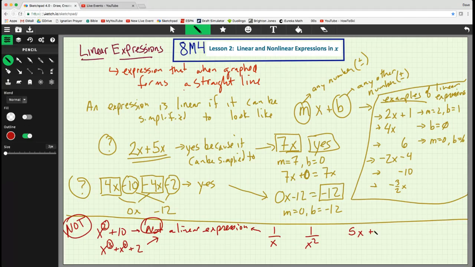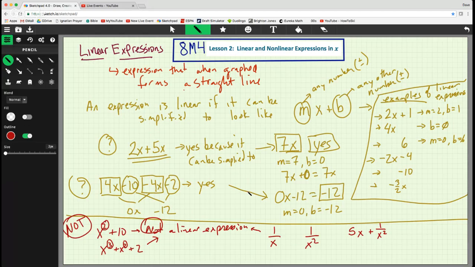5x plus 1 over x squared. This is also not. Even though 5x would be a linear expression by itself, the fact that you have this extra plus 1 over x squared means it is not a linear expression. If you graphed any of these functions, they would not be a straight line. We haven't proved that,